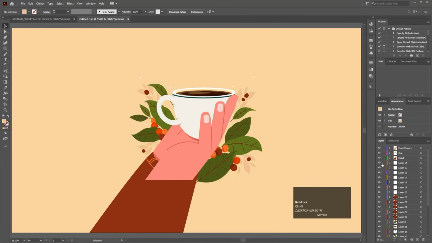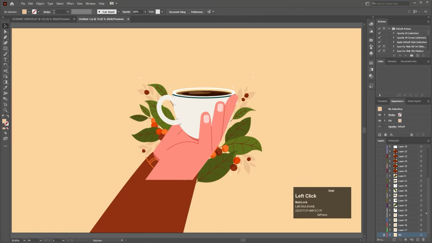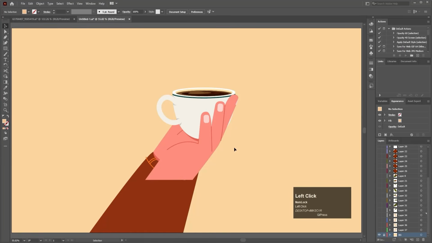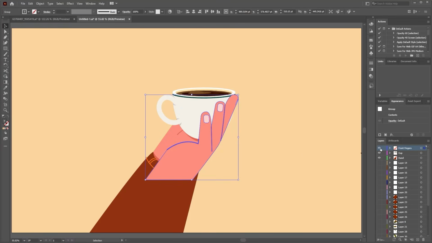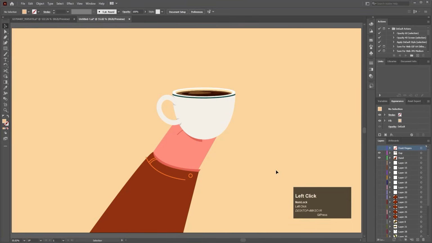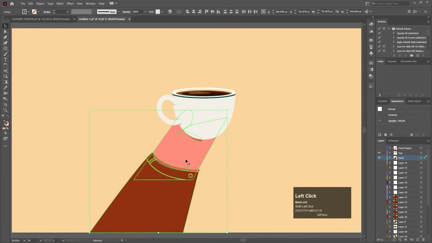But if you see over here, there is one problem. Let's hide all of this and try to focus on this file. In this hand over here, we see when this comes at the top, our hand looks weird. So to solve that, I need to select this hand and this much portion over here. Let's select this and right click and choose ungroup, and I'll select this and let's delete